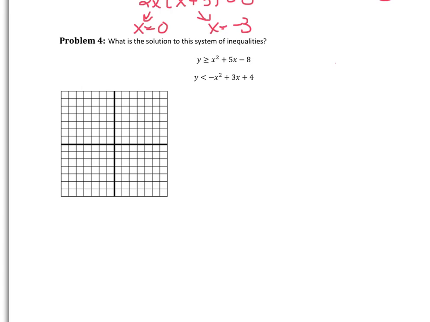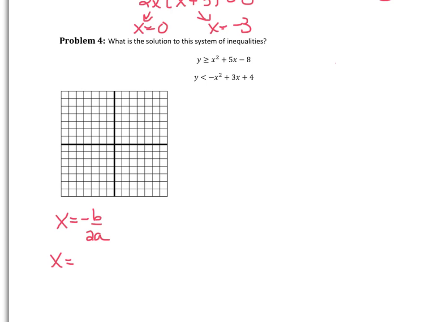Hatfield's going to help us graph that first inequality. All right, in that first inequality, remember we solve inequalities similar to how we solve equations. So what I'm going to do is find my vertex point first. We know that this is a quadratic equation, so let's find that vertex point by, first of all, finding the